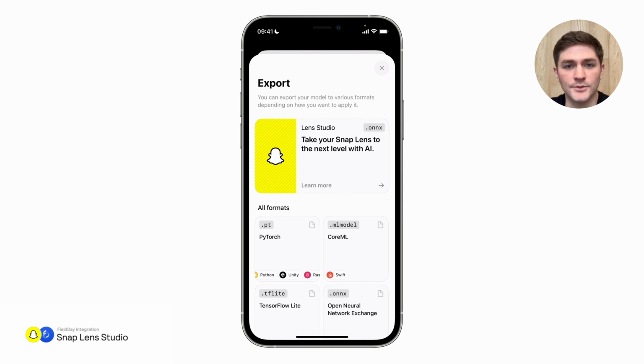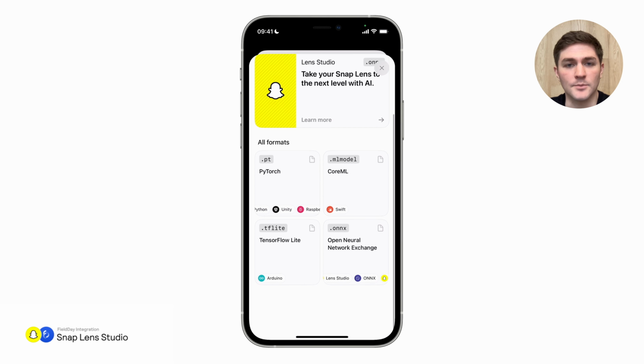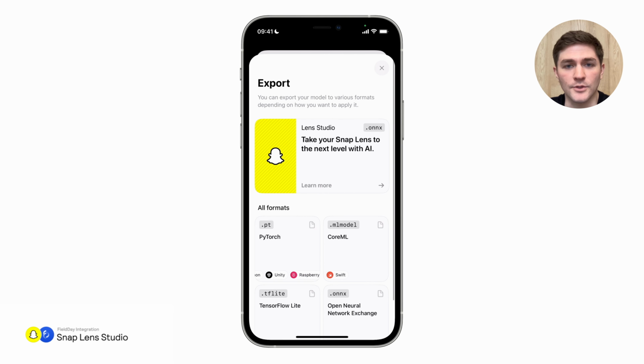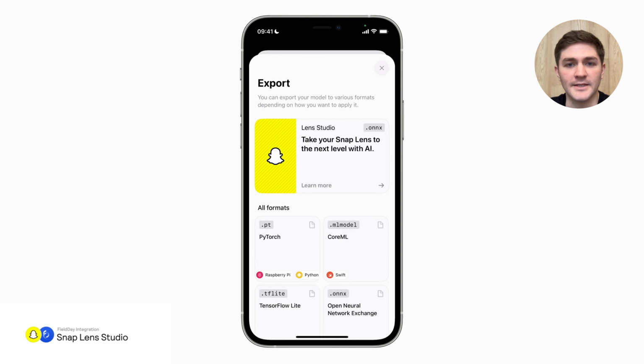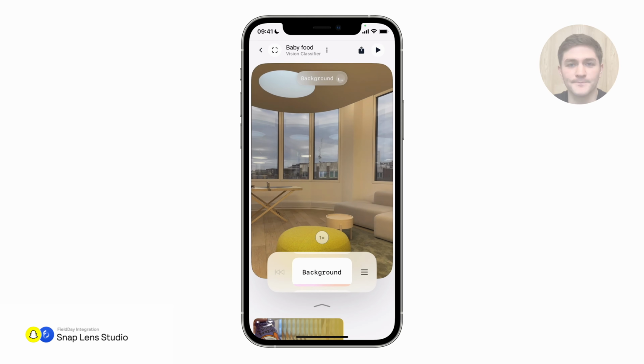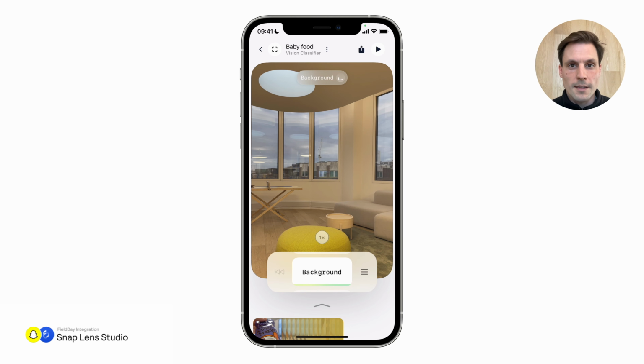Finally, if you want to make your model or bake your model into other platforms or applications, you can hit the export tile. Here, for example, we'll export it to a Snap Lens. And so Nelson will help you get your FieldDay model embedded into Lens Studio. Let's open Snapchat